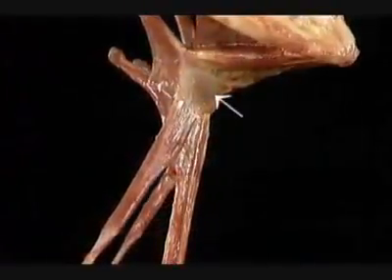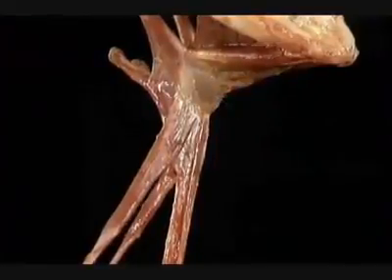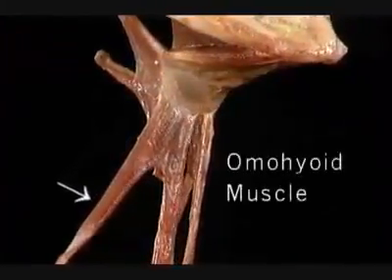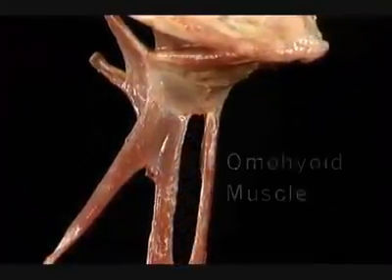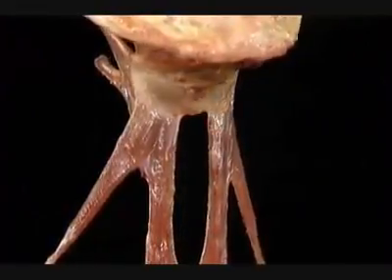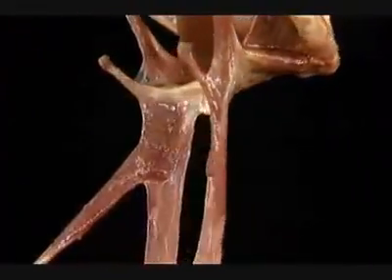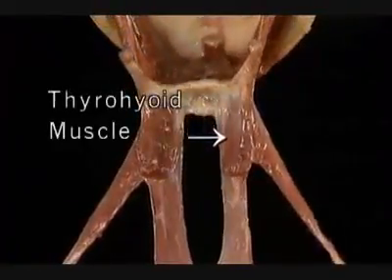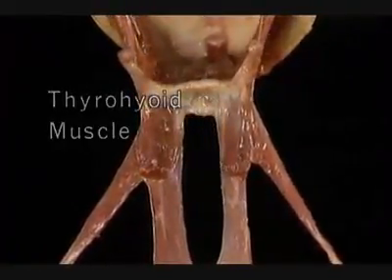Lastly, we'll take a brief look at the attachments of the 3 muscles that pull the hyoid bone downwards. They're the omohyoid, sternohyoid, and thyrohyoid muscles, known collectively as the infrahyoid muscles. Here's the body of the hyoid bone. Here's the upper end of the omohyoid muscle, which goes all the way down to the scapula. Medial to it is the sternohyoid muscle, which goes to the sternum. Behind these 2 is the short thyrohyoid muscle, which goes down to a structure we haven't seen yet, the thyroid